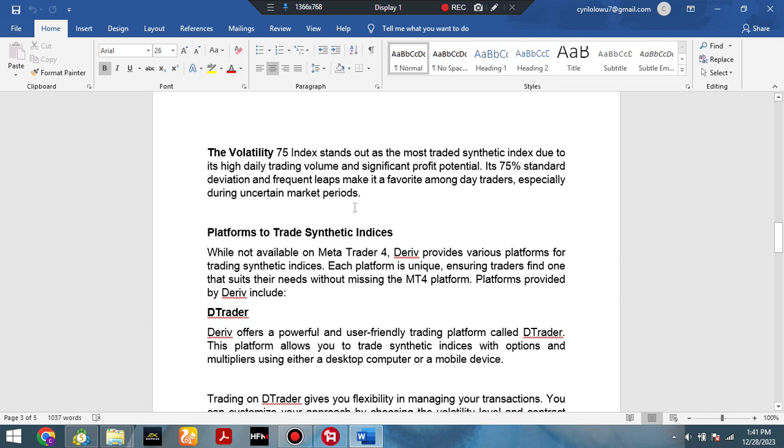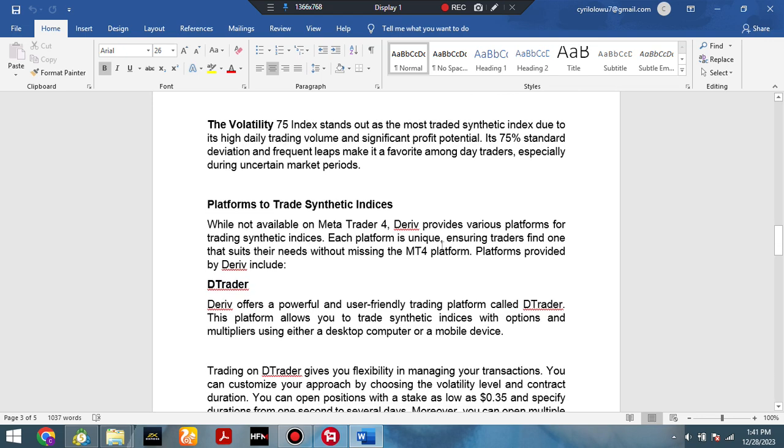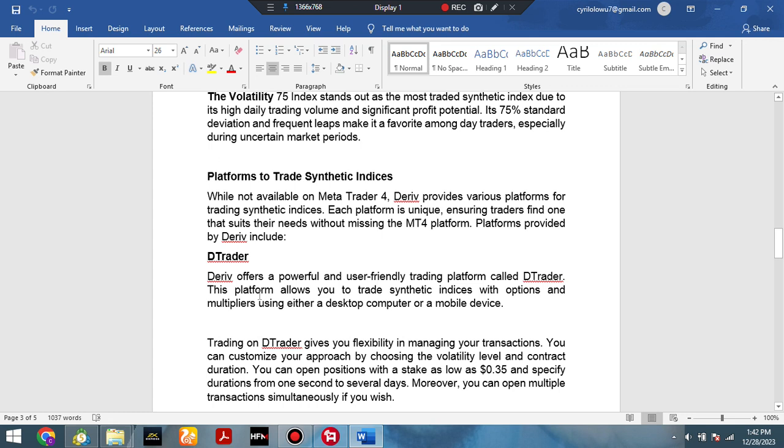Platform to trade synthetic indices. While not available on MetaTrader 4, Deriv provided various platforms for trading synthetic indices. Each platform is unique, ensuring traders find one that suits their needs without missing the MT4 platform. Platforms provided by Deriv include, now you see, the reason why you can't find synthetic indices on MT4 is because,